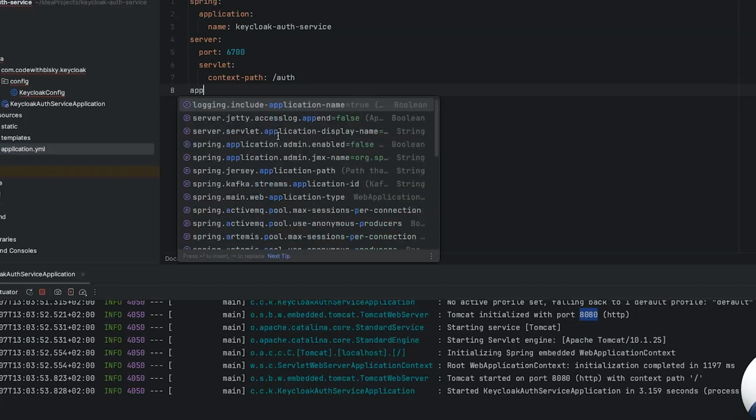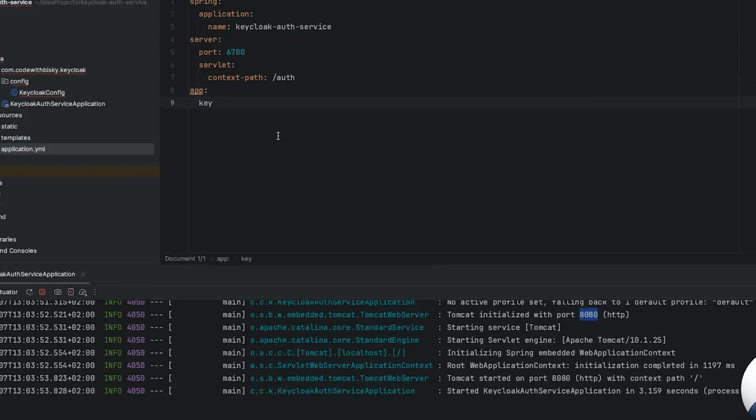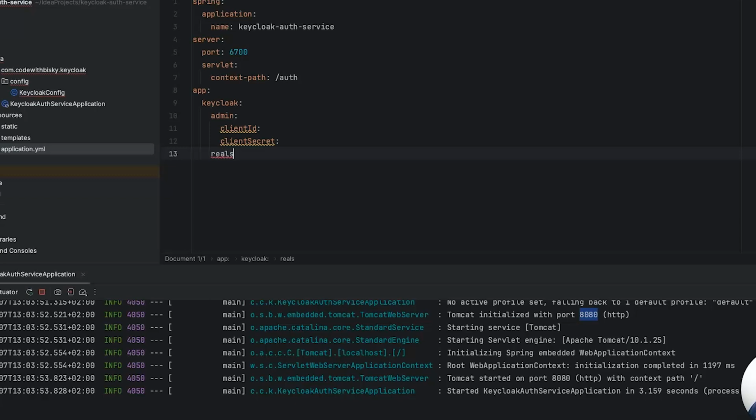So let's add these configurations into our YAML file. I will just say app, keycloak, then admin, client ID. So far it's empty. Client secret, so far it's empty. We are going to configure this, right? And for this, we want our realm, which is going to be Spring, and our Keycloak server URL,